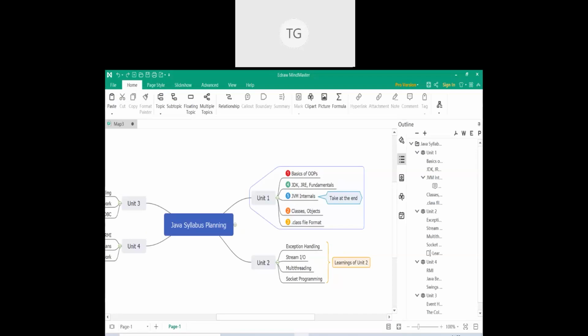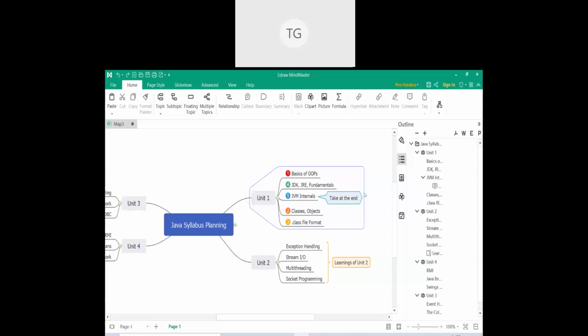Next are certain views. So this is the basic mind map which we have created. Now the mind map can be exported in certain formats that I was talking of, right? So there is this option of outline. If you see outline, which is available in 3 dots in the right panel, outline will give you the outline or the hierarchy of your mind map, how your mind map is designed, right? And this outline can be exported in the formats mentioned here. It can be exported as a Word file, it can be exported as an Excel sheet, even as a PowerPoint presentation.